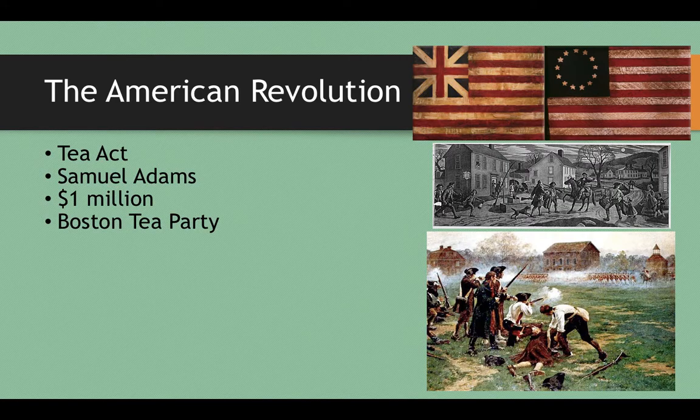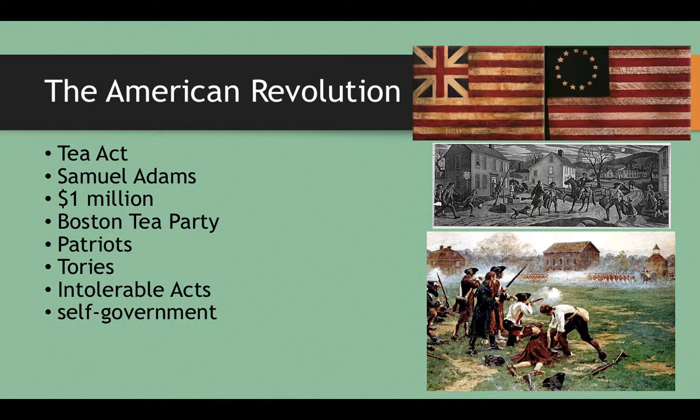Now, people who resisted British occupation and taxation were called patriots, and those who were loyal to Britain were called Tories. In 1774, British Parliament passed another act, which became known as the Intolerable Acts. Okay, again, that was a label that was put on by Americans because they said we can't tolerate these terrible acts of legislation. So this legislation stripped Massachusetts of the right to self-government and judicial independence following the Boston Tea Party. Britain basically said, okay, you're going to act like children, you're going to waste all of this money of ours and dump all of our commodities into the harbor. Well, guess what? You just lost your